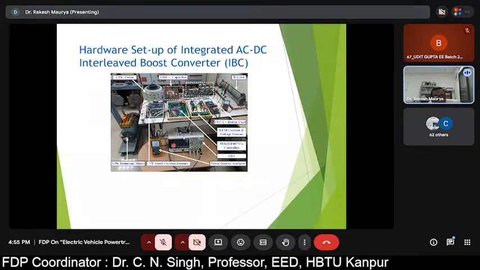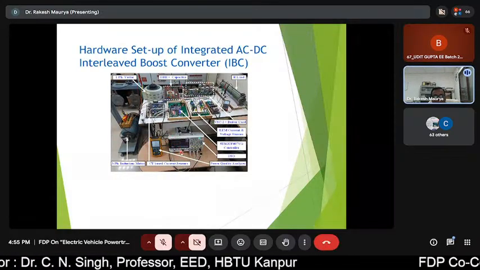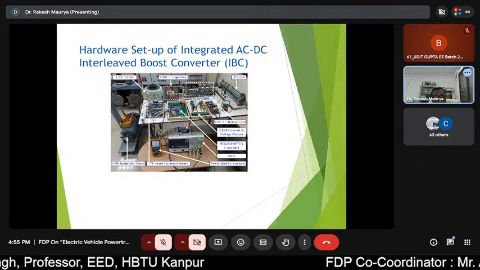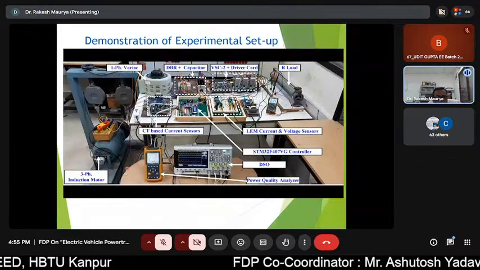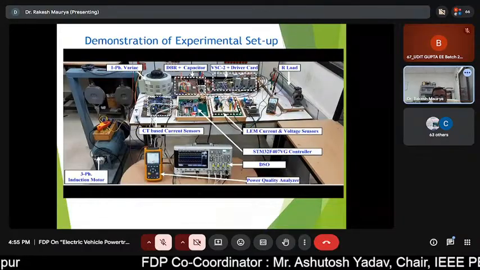This is again a setup, as I said, for the single machine model. Here is the same topology which